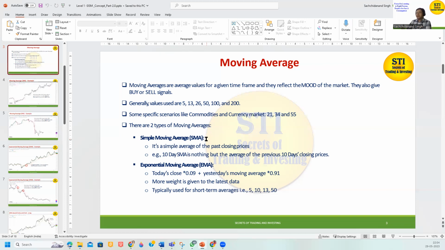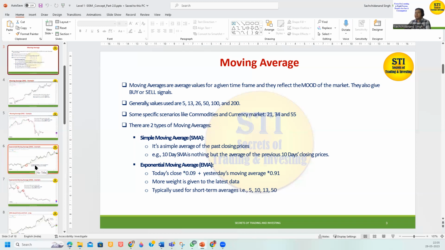When I say long-term, it is typically considered a couple of years, maybe 3 years to 10 years. But even for the medium term, at least a year, we can use these two indicators for investment purposes. When we are using the SMA, we typically use smaller values for our analysis, like 5, 13, 26. When we are using the exponential moving average, we use it for the